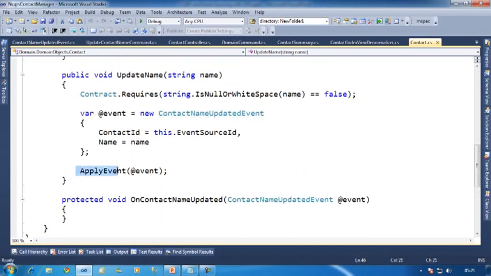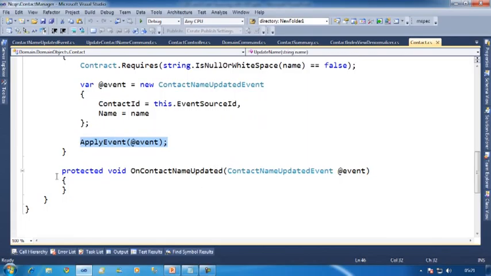As before, the generated event is put on the bus via apply event, and on contact name updated gets called. At this point, we still don't have any use for the value of the name in business logic processing, so we're not saving this anywhere. What NCQRS is doing is